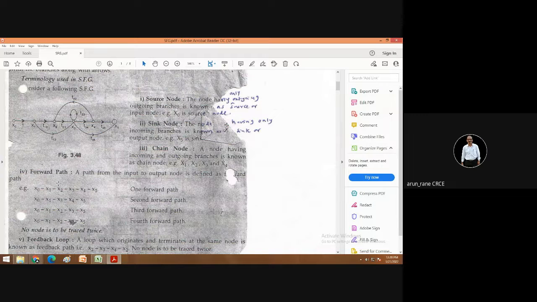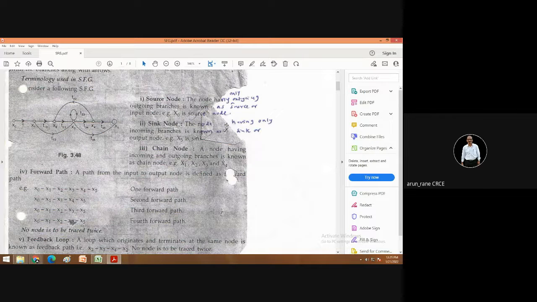Then your third forward path is x0, x1, then x2, and then from x2 to x3, and from x3 it can go to x5 like this. So one is straight like this, another is like this, then like this and like this. Then the third is like this and like this. And then the fourth,